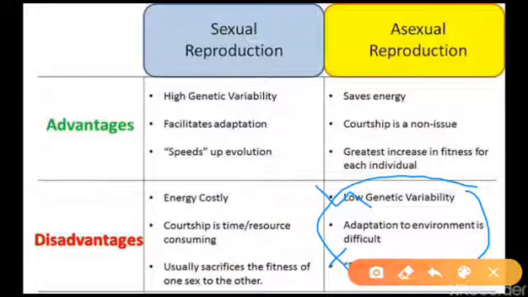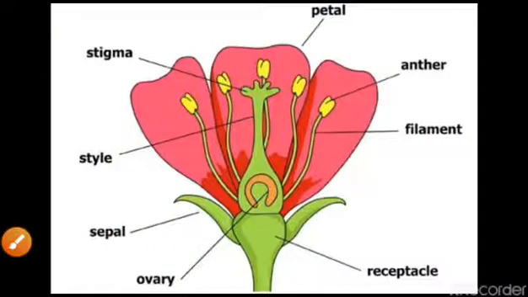Just like the dinosaurs, dodo, and vulture, they did not adapt to the change in environmental conditions, so they became extinct from our earth. Now here